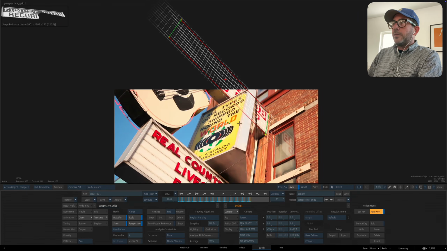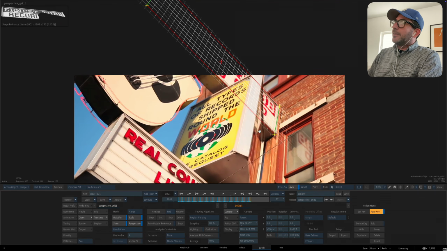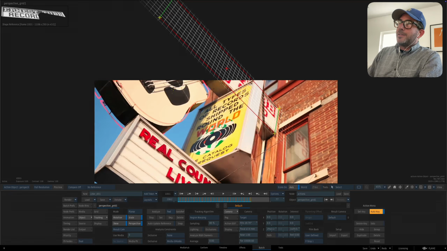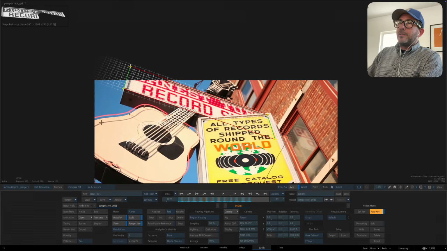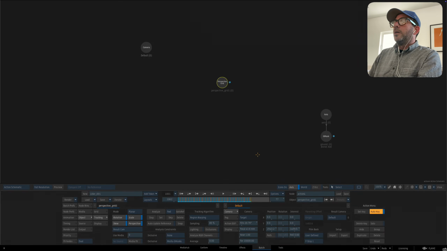This is where the challenge comes, because you don't really have enough information to garbage mask right here. Don't think it's going to get you all the way. But this is pretty much on the same plane. So if we look at this guitar, it could very much just be an extension of this sign. So I think we are going to use that